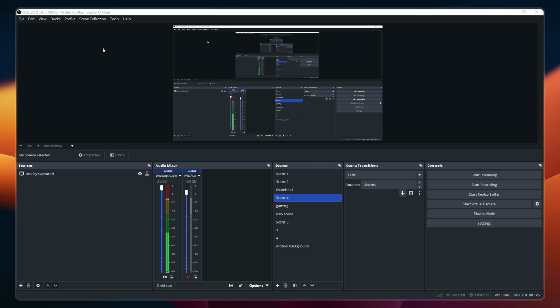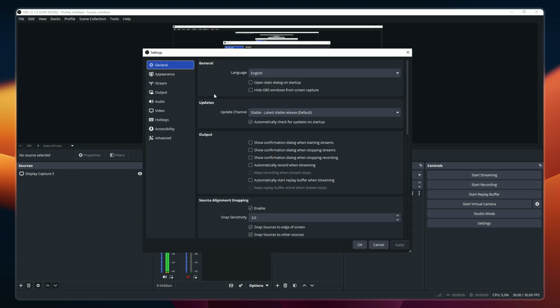First, you'll want to open your OBS application on your computer. Once OBS launches and you can see your main interface, direct your attention to the upper left corner of the screen. You'll see a menu bar with several options. Click on File to open a drop-down menu, and from there, select Settings. This will open a new window where you can configure all aspects of your OBS setup, including the video format